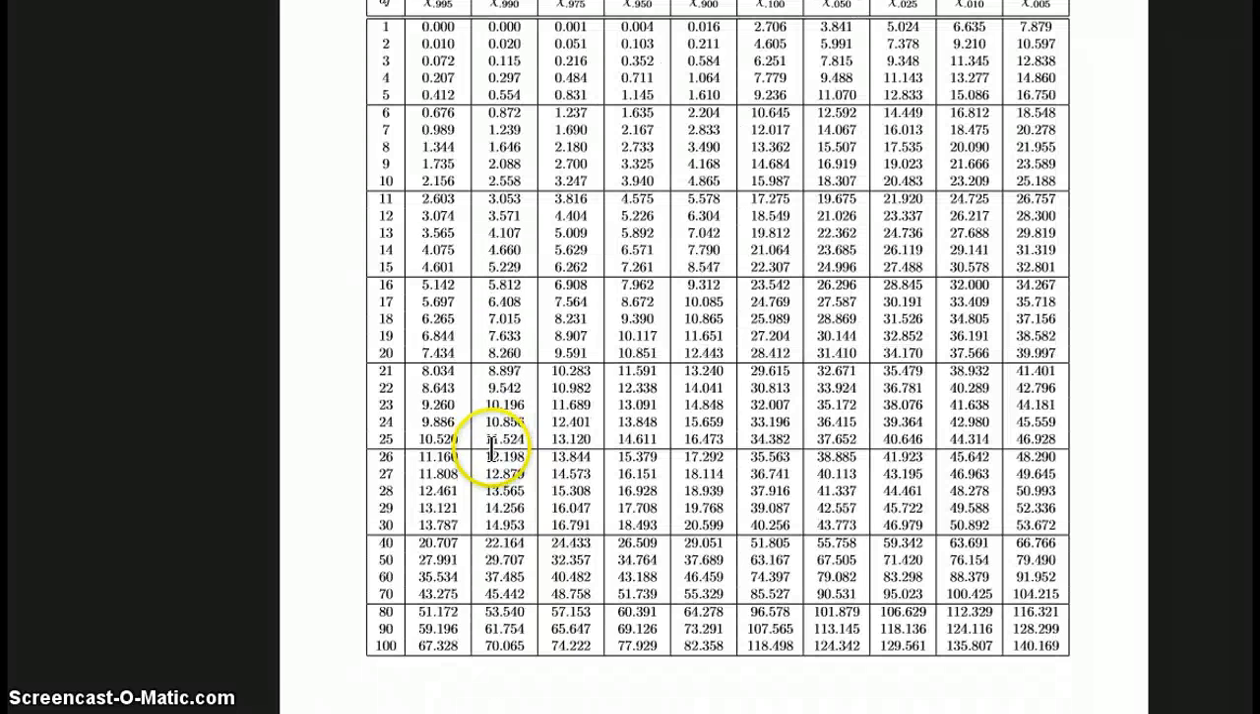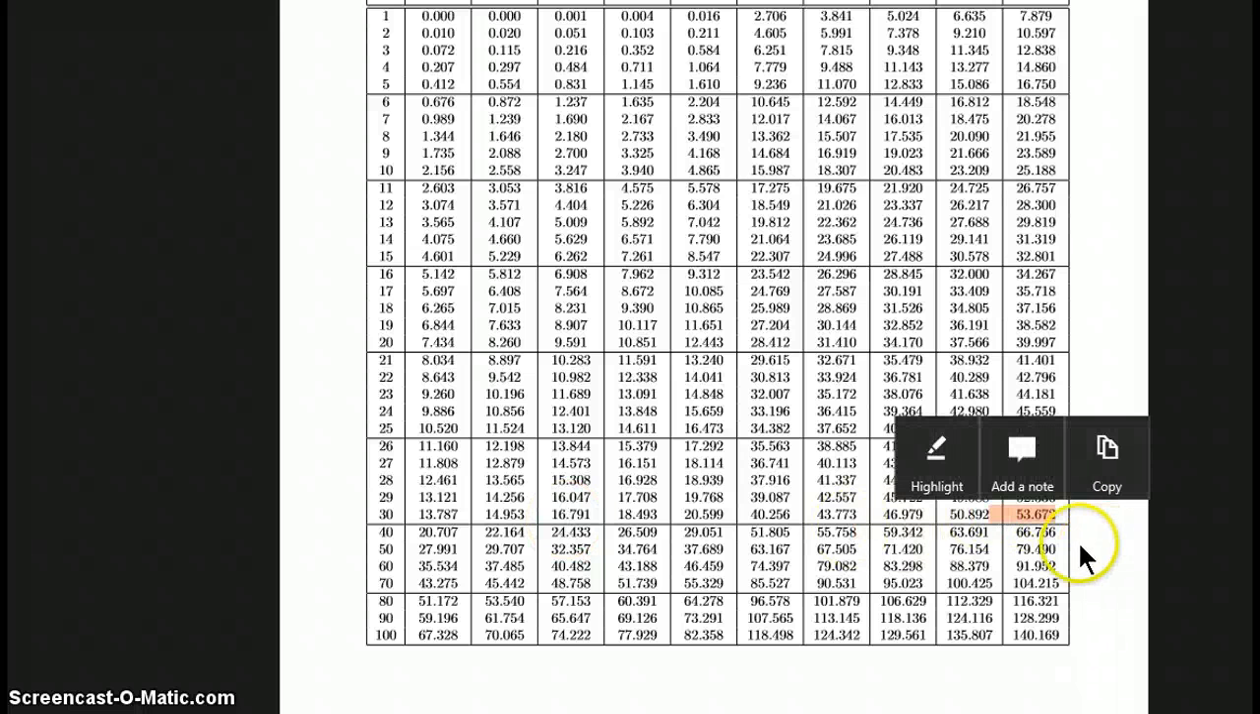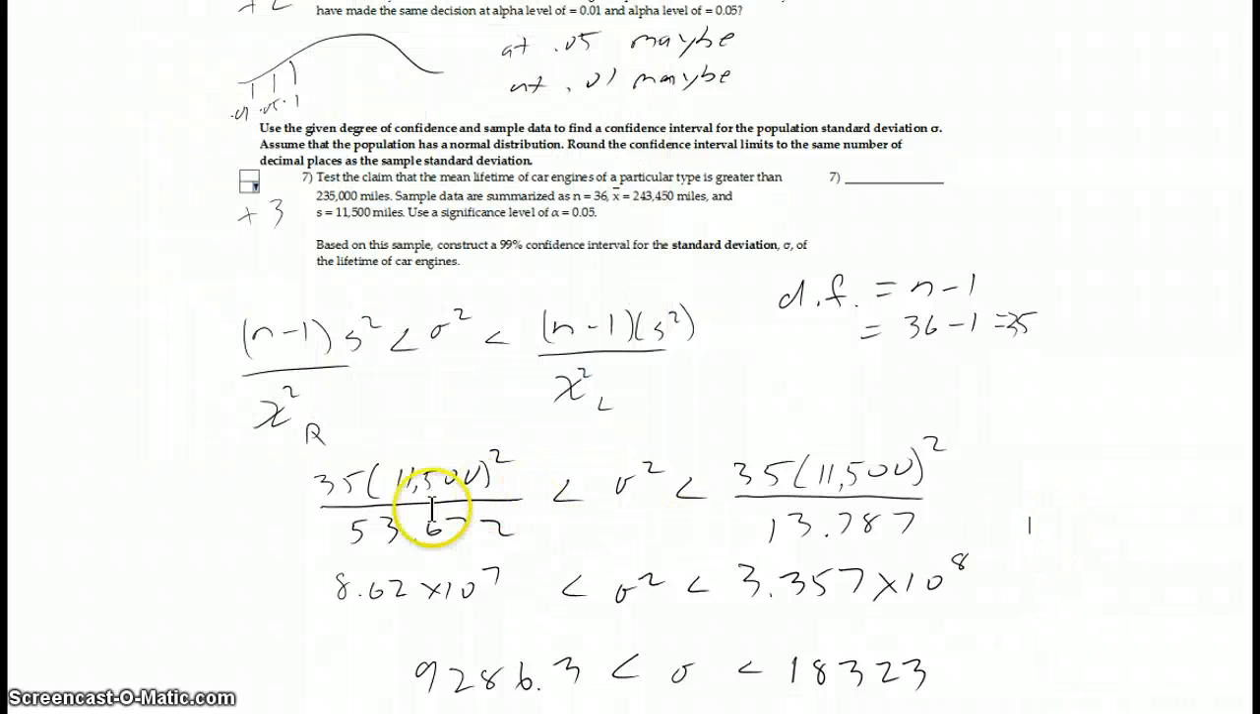And degrees of freedom was 35, but we don't have that. So we have to use the best we can. We can't assume more degrees of freedom, so we've got to go to row 30 here. So we're going to use 13.787 for chi-squared left, and 53.672 for chi-squared right. And there they are. So there's chi-squared right, chi-squared left, and then we get a confidence interval for the variance,